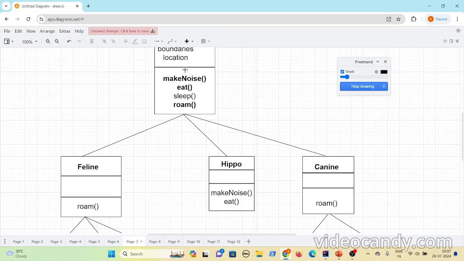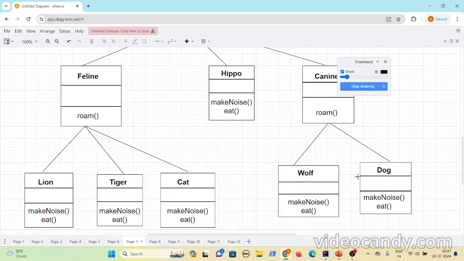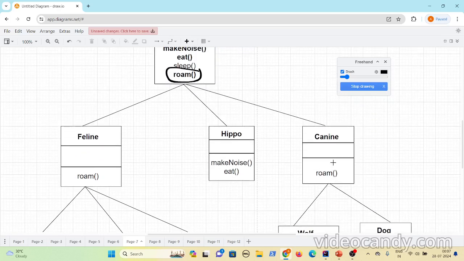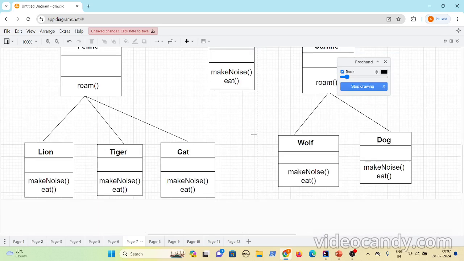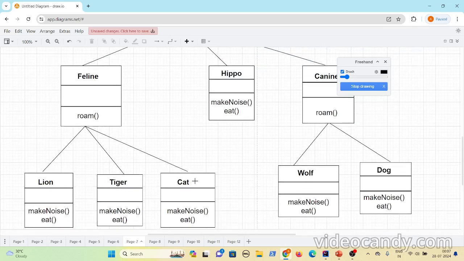If you look at roam method here, what happens is dog and wolf roam similarly, and then lion, tiger and cat roam similarly. Like the roam method for the lion, tiger, cat are same, and roam method for the wolf and the dog are same, right?